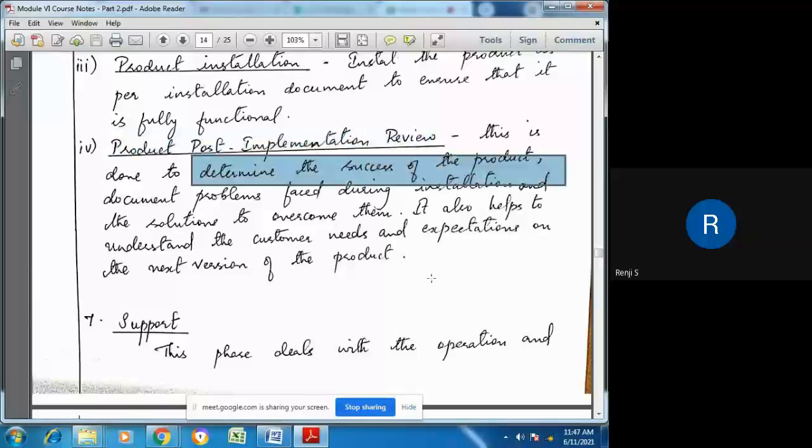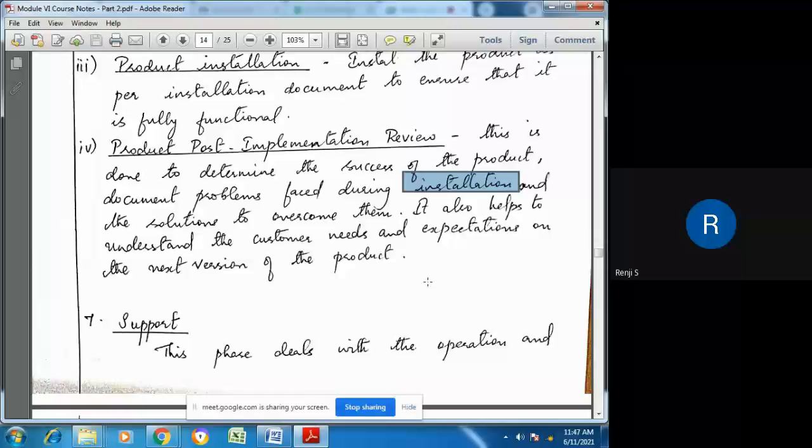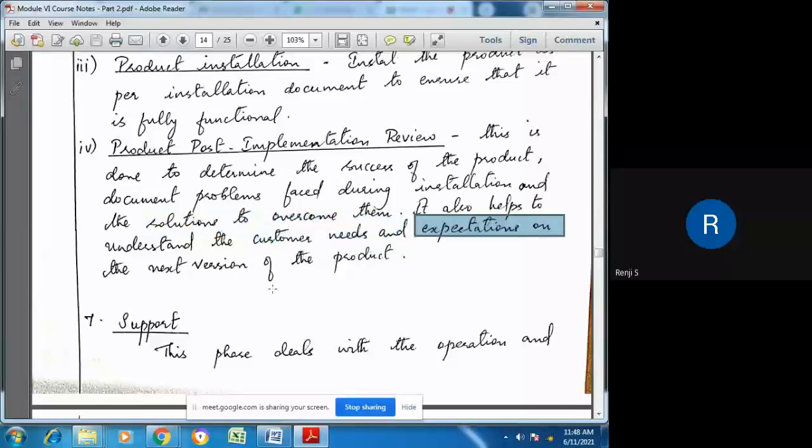Then, if there are any problems, you can document the problems faced not only during operation but also during installation. If there are any installation difficulties, they are also noted down, so that in the next version a remedy can be adopted, and the solutions to overcome them are also identified. It also helps to understand the customer needs, whether the customer is fully satisfied or whether they expect something more. The expectations for the next version of the product are also determined with